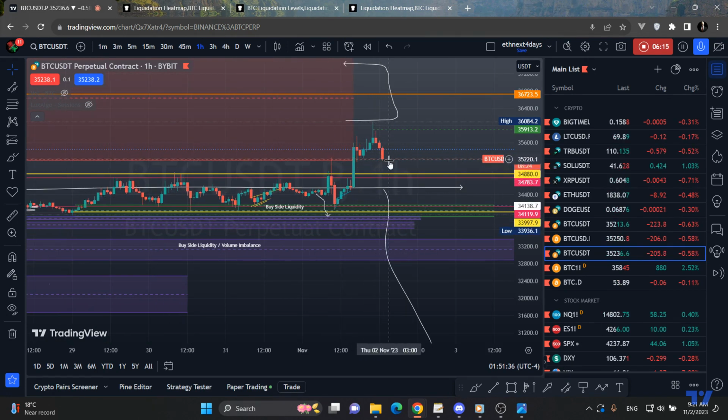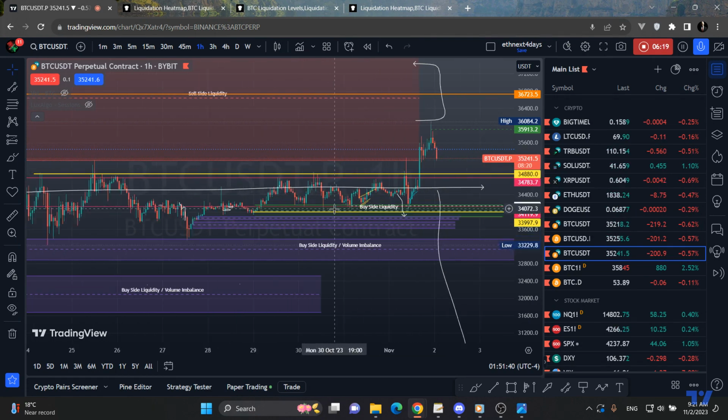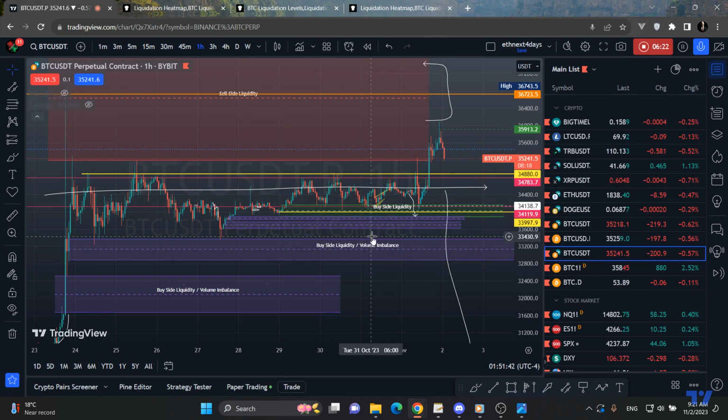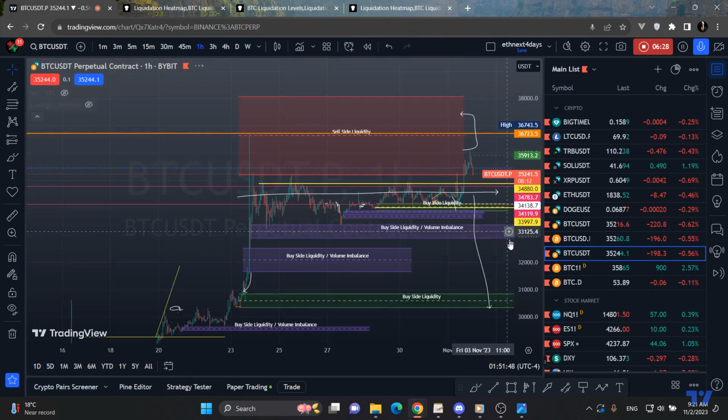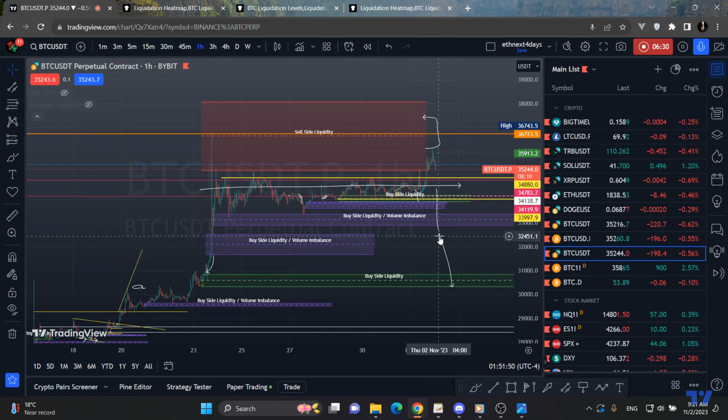We'll have to see what happens, but you could get a good short if you go on a 1 minute to 5 minute time frame to look for a scalp, and then that scalp could end up in a swing short. But nonetheless, right now, this scenario to the downside didn't work,